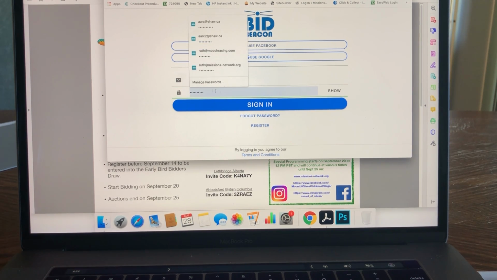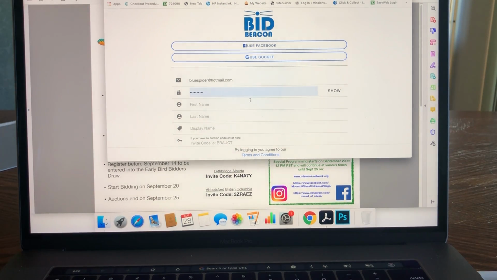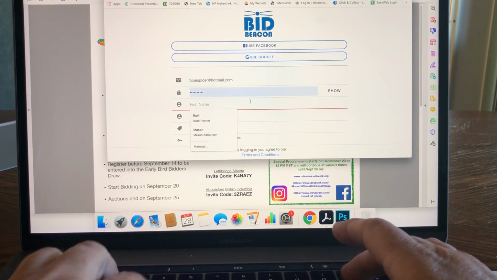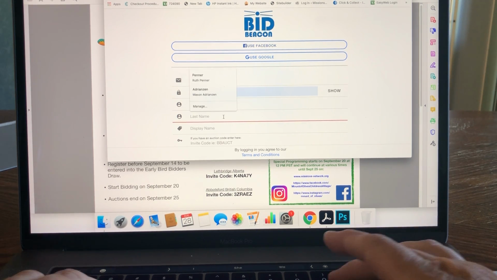And create a password and then sign in. It will come up if you have never signed in before, saying that you're new and to fill out a bit of a registration form. It's pretty simple. So they want a first name, and so we're going to put Pepe in here. And the last name is Pepper,